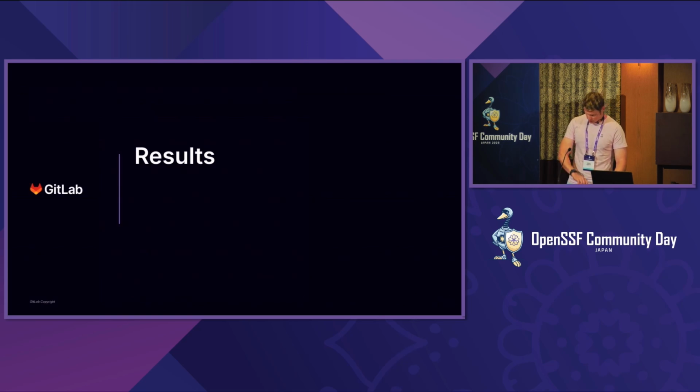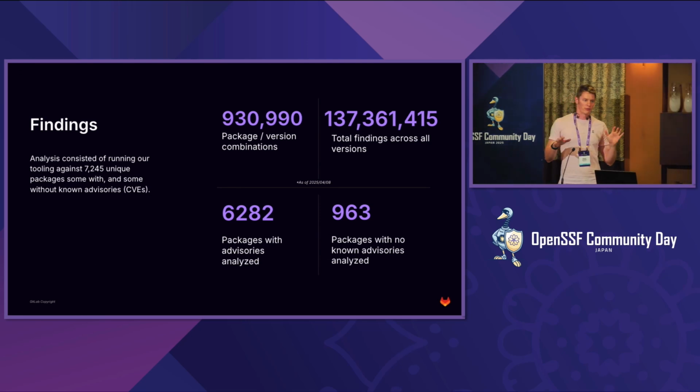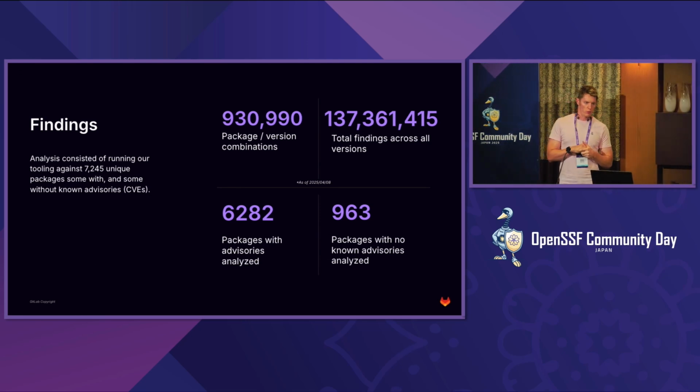All right, on to the results. So I ran the analysis on about 7,245 packages. 6,000 of those had advisories. My main source of input in this case was our advisory database. GitLab has a composition analysis tool where we run it to find known vulnerabilities. So I took that database, I took all the packages that have vulnerabilities, and I merged that into our primary